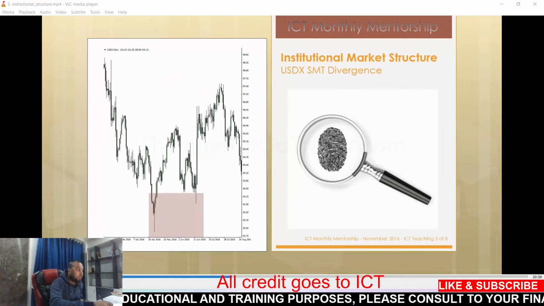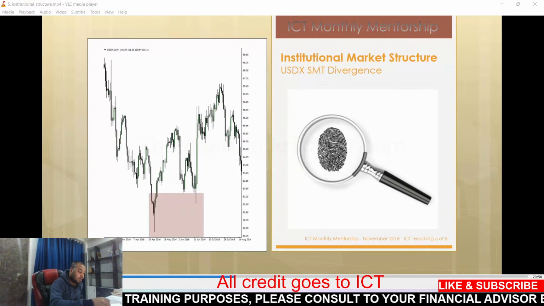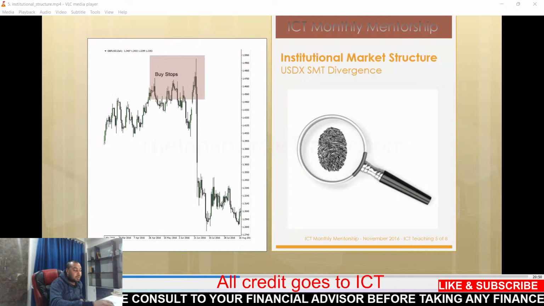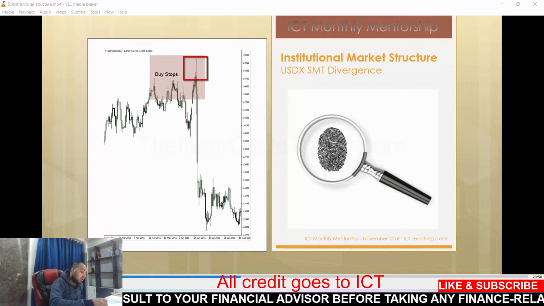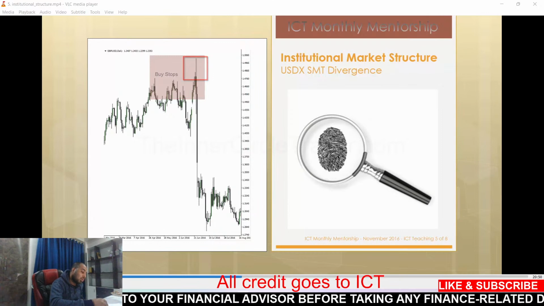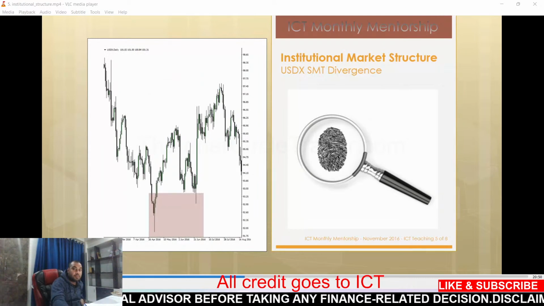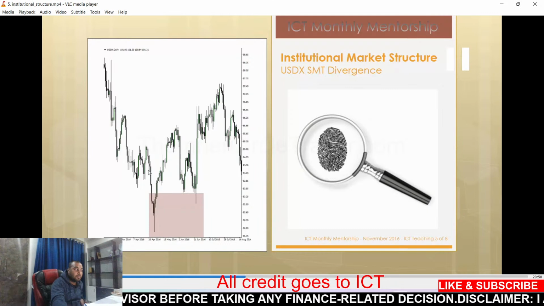Do we see a lower low form in the dollar index? No. That's a USDX SMT bullish divergence. That means what? We're seeing underlying strength in the dollar index, and even though this looks bullish on the British pound, it's really just taking the buy stops above the 47.60 level. Once those stops are run out, the market does in fact tank. The underlying strength in the dollar index allows us to look at that 93.80